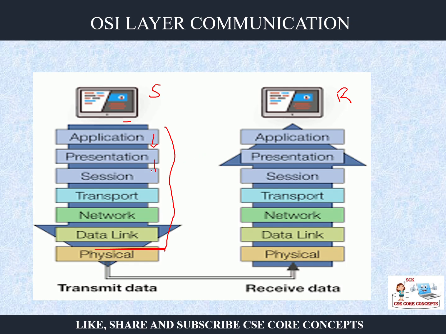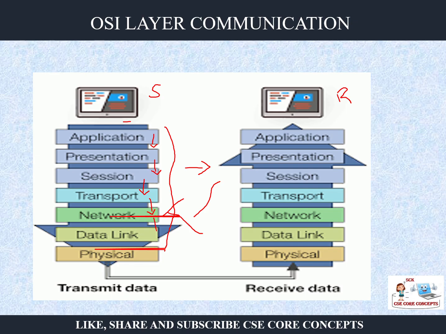Then it goes to the session layer where it establishes a session with the other network and starts the data transfer. The data goes to the transport layer where it is broken into small segments and it takes control. TCP and UDP, the connection oriented and connectionless protocols, control the data. Then from the transport layer it goes to the network layer where the segments are broken down into packets, plus it finds the best possible route to the destination using a routing protocol. If there is congestion, the network layer will handle it.